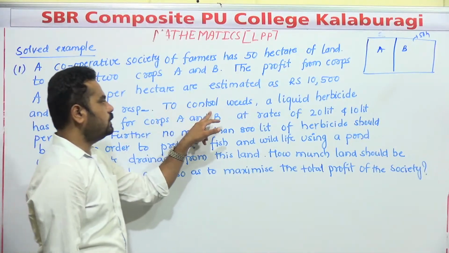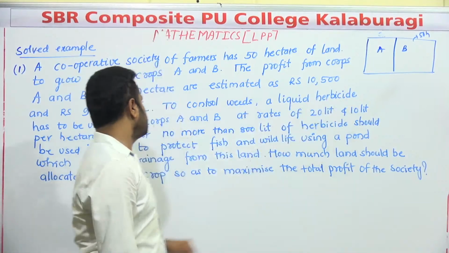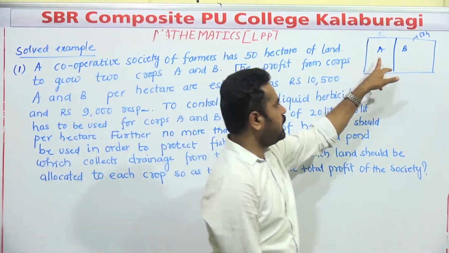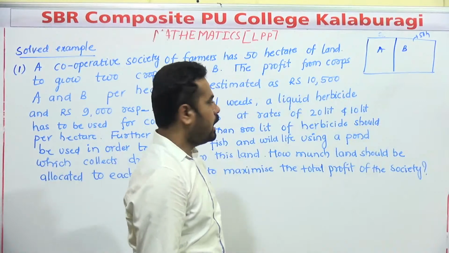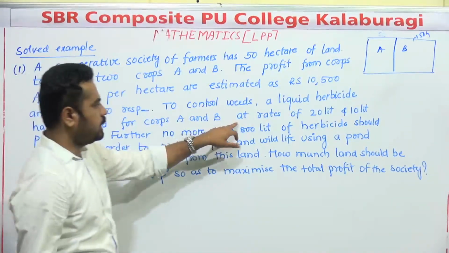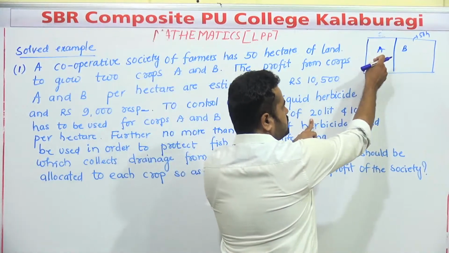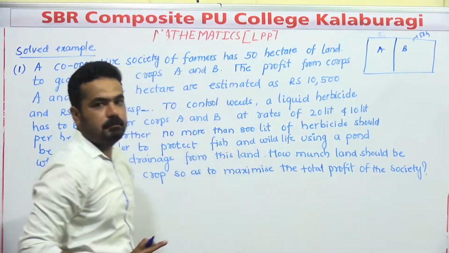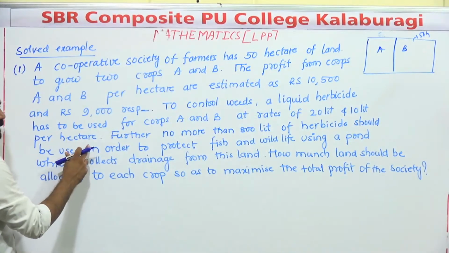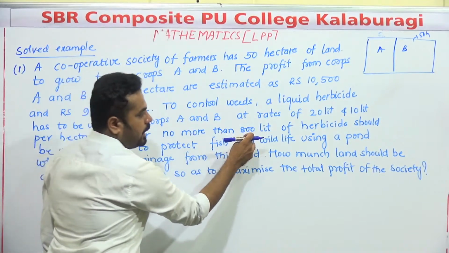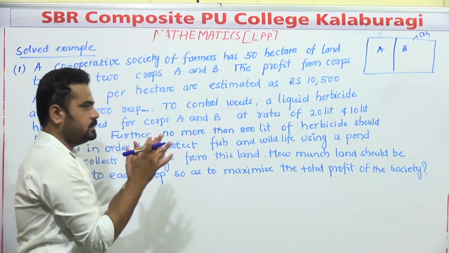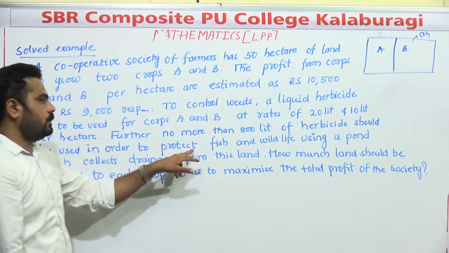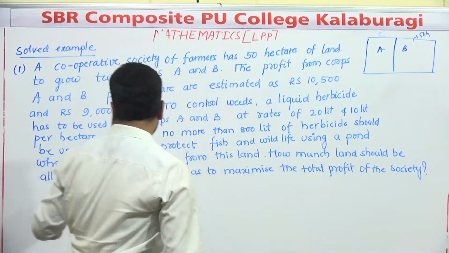Next, to control the weeds, liquid herbicides have to be used for crops A and B. At what rate? We have to use 20 liters of herbicide per hectare for A and 10 liters per hectare for B. Further, the sum of the herbicides should not exceed 800 liters, in order to protect fish and wildlife, using the fund which is collected